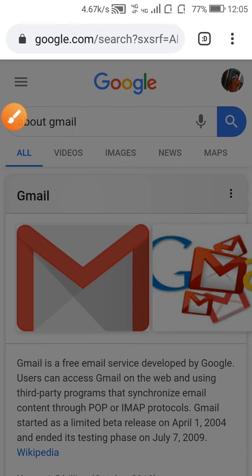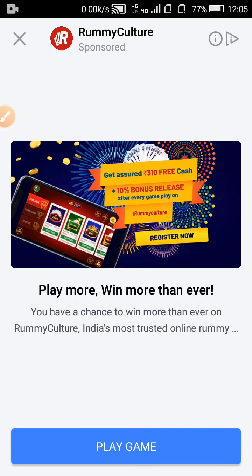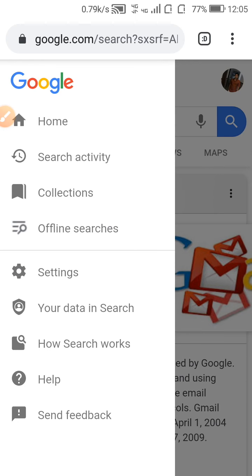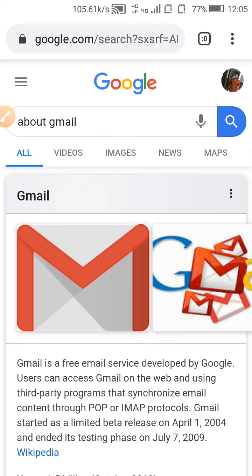This is other settings or about. You can send feedback or your data, any other search activities. These are the settings. In settings you can make other settings also. So go back.